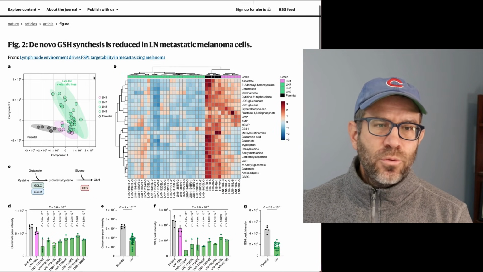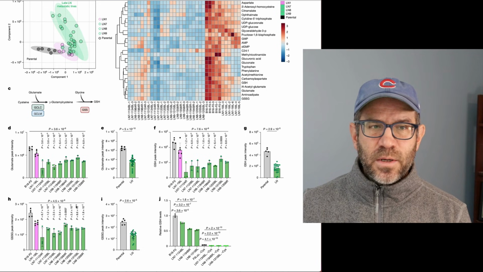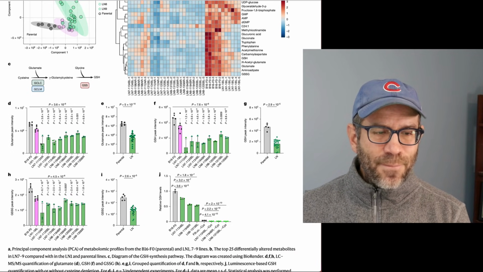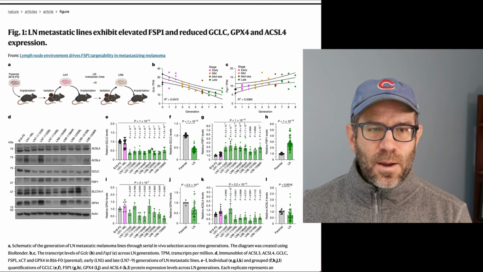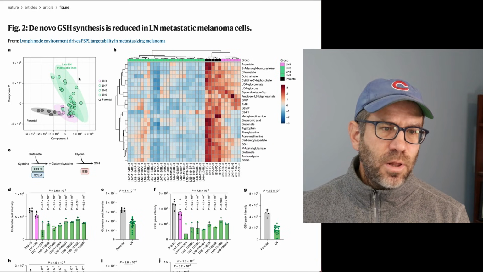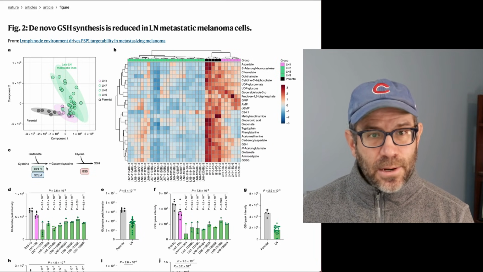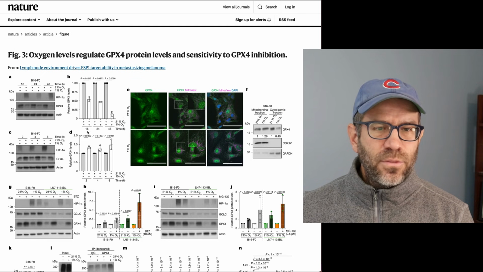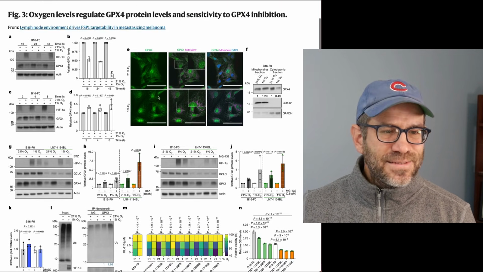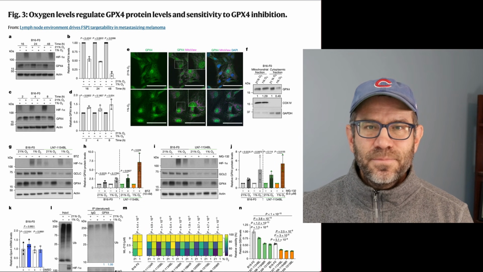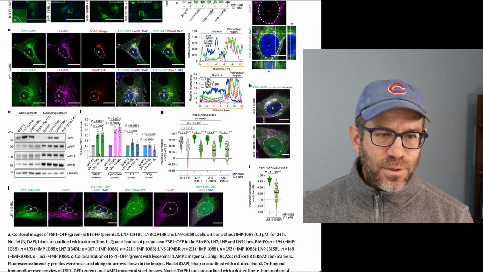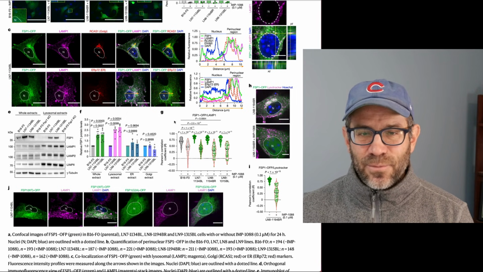If we keep going through, we see similar types of presentations of data, right? We see these bar plots with points over top of them with error bars in figure 2, much like we have in the lower right corner of figure 1. They, of course, have other scatter plots showing an ordination, a model, a heat map. Figure 3 then has more of those bar plots, some heat maps, some microscopy, some more immunoblots. Figure 4 has more microscopy, more of those bar plots with points on them, and we see some violin plots,